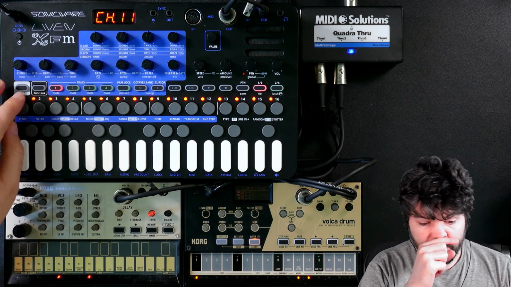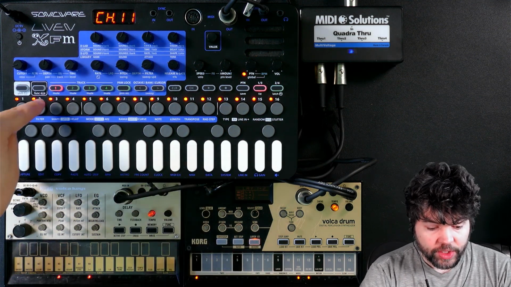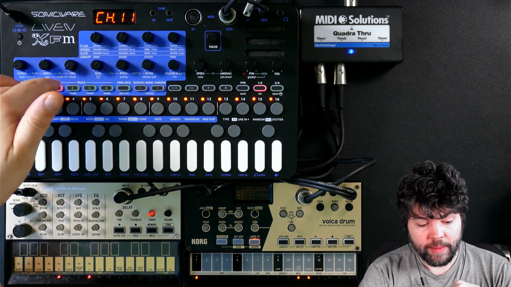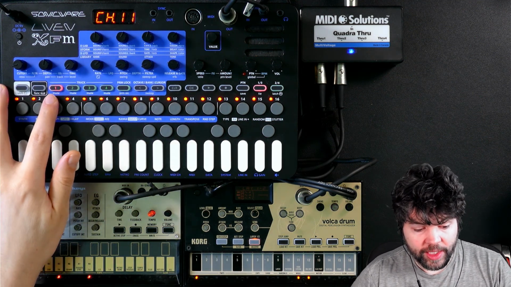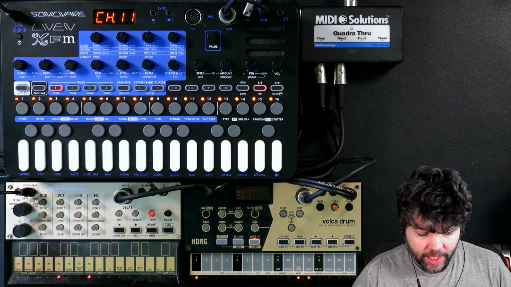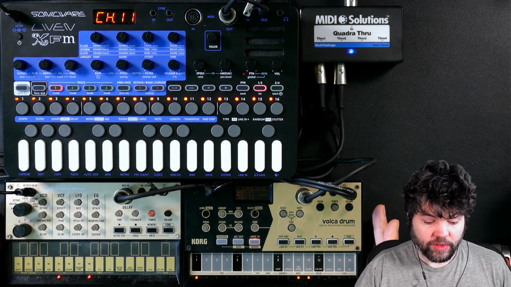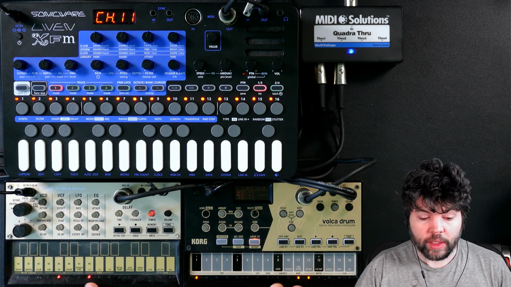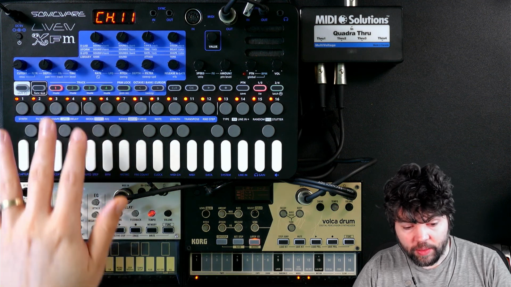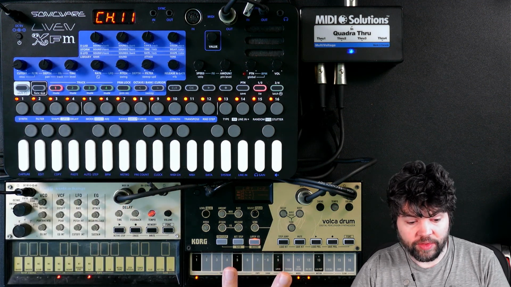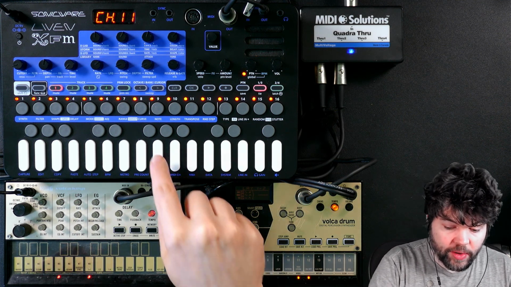MIDI channel. Each of the tracks has a MIDI channel that it transmits on. I have these set to track 1 is 11, track 2 is 12, 3 is 13, 4 is 14. I have set up the 2 Volcas to be channel 11 and channel 12 respectively. So I can use track 1 on here to control this device, track 2 on here to control this device. Note for now though,